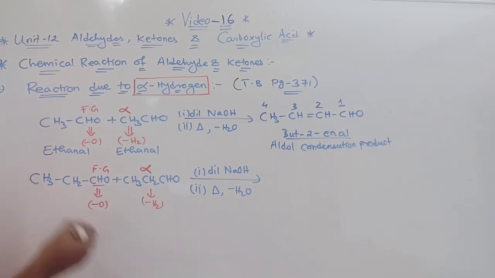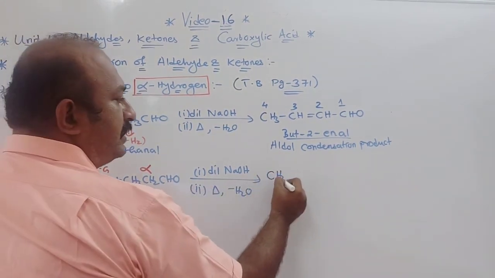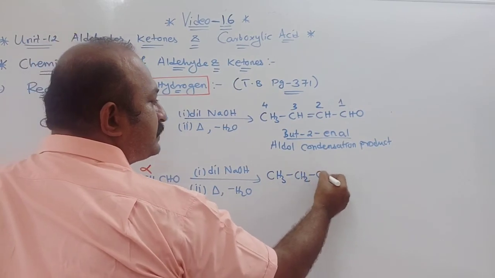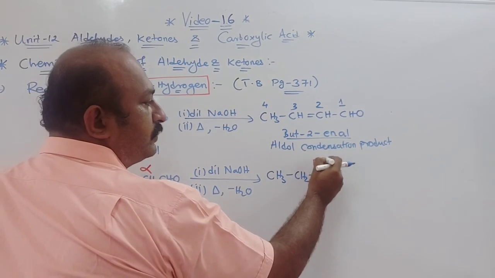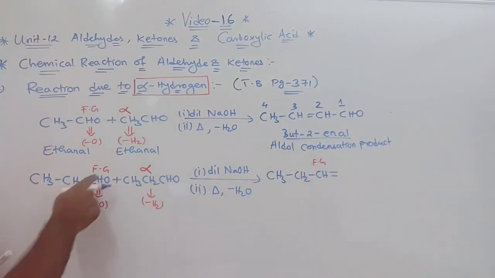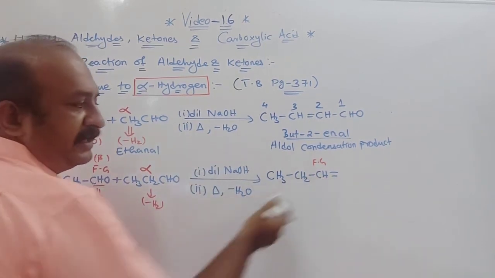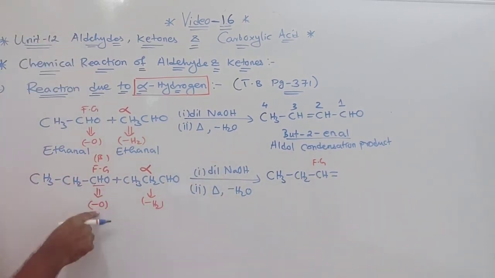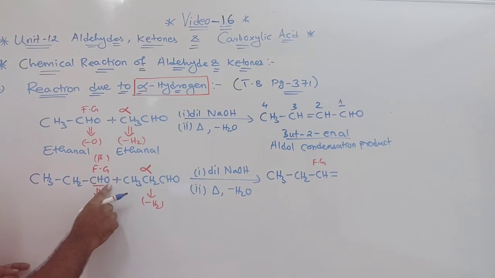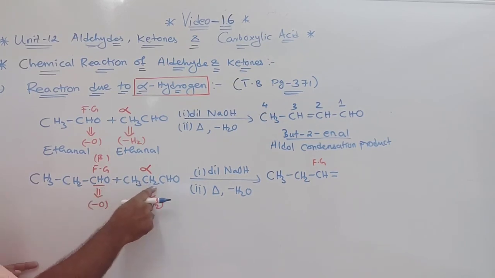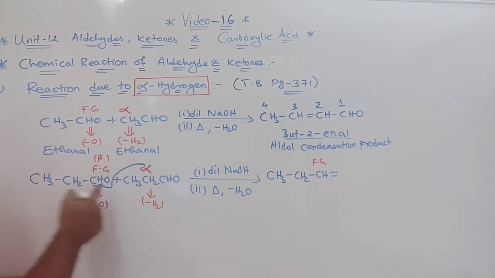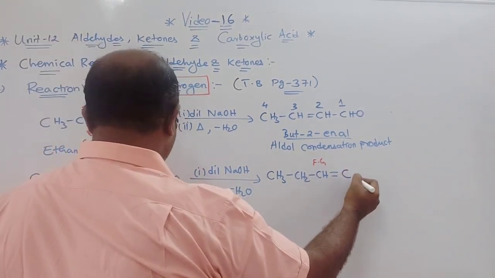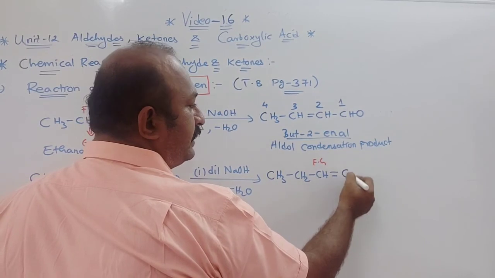So very easy now to understand this thing. CH3CH2CH double bond. This is your functional group carbon. This functional group is actually a beta carbon. After all, what it becomes is beta here. Okay, so I remove from here oxygen. So CH is there, from there double bond. From here what is removed? Hydrogen. So this carbon has to attach here, this carbon. So what will it be? CH2 will be removed, so C will be only there.